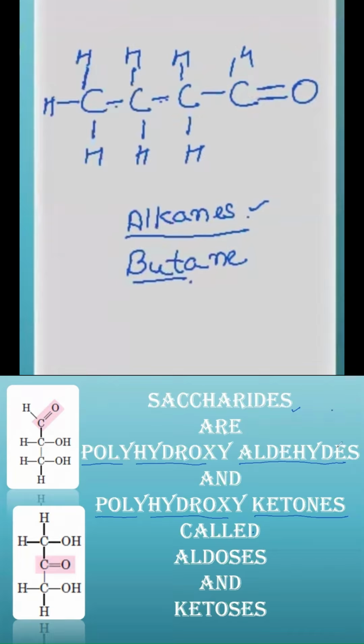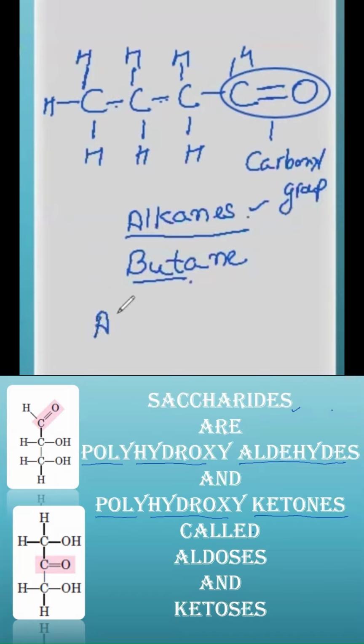Now, this group over here, which is carbon double bond O, is called the carbonyl group. Now, if this kind of situation arises, that either of the two terminal carbons decides to fulfill its valencies with a double bond oxygen, then the entity of this biomolecule changes and it becomes aldehyde. From alkane, it will no longer remain alkane, it will become aldehyde.